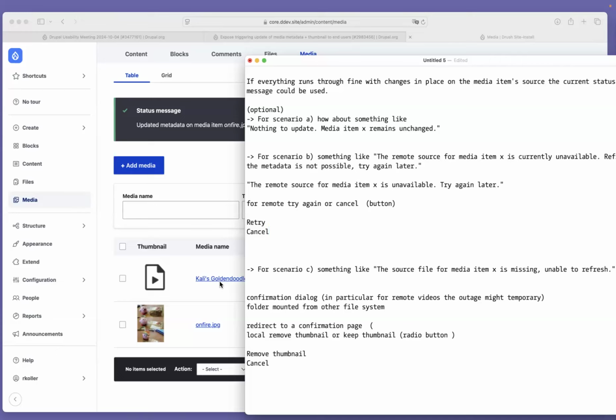So you're suggesting a status message, but not really info, not really warning, and not really error. Yeah. So that's a big one. But something to make sure it doesn't get confused with your normal success message.